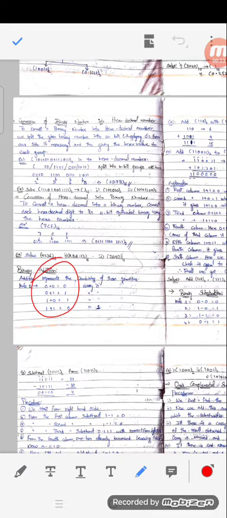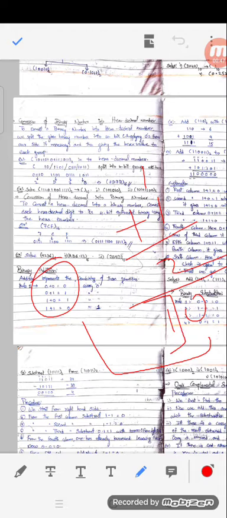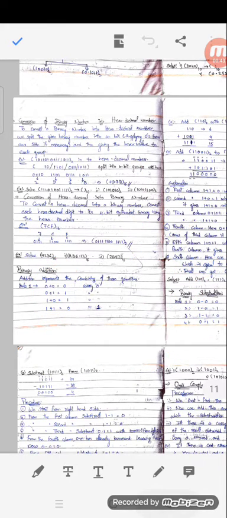0 plus 0 is 0. 0 plus 1 is 1. 1 plus 0 is 1. And 1 plus 1 is 0 with a carry of 1. We write 1 plus 1 as 2, and the digit 2 is represented in binary as 10. So 1 plus 1 is 0, by making a carry 1.